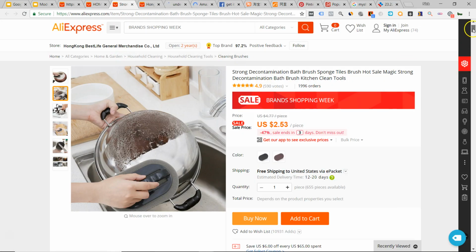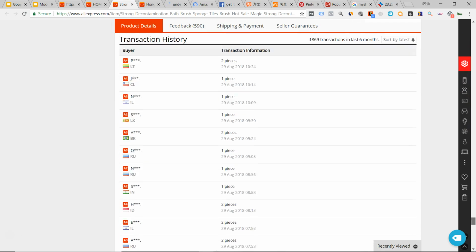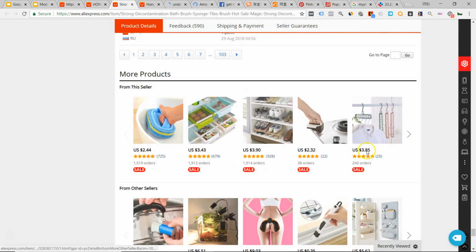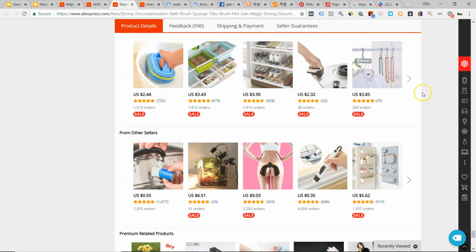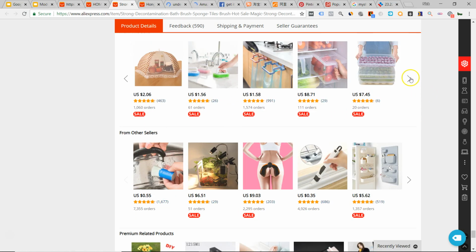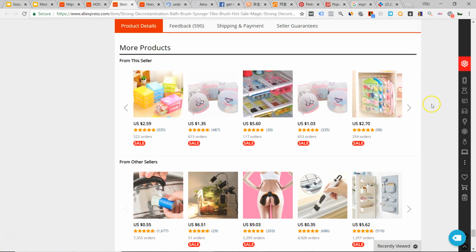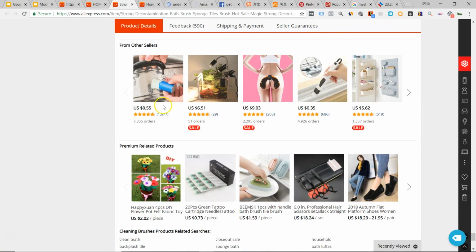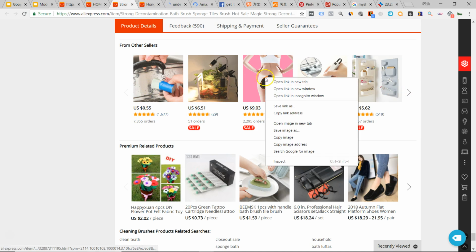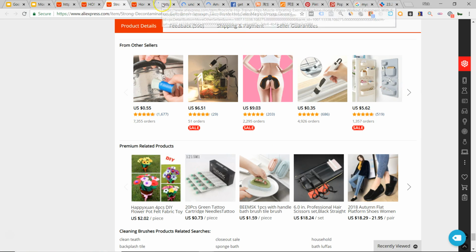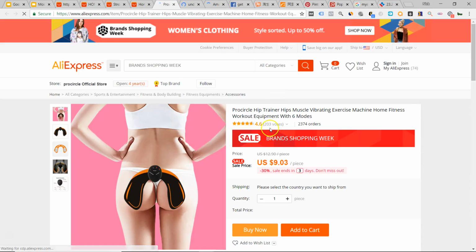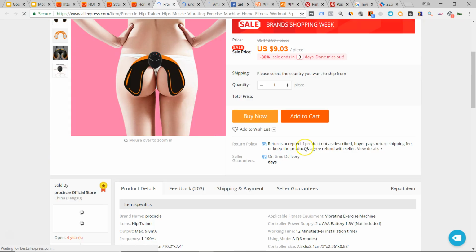Also, when you find an item that's interesting, you can go all the way down to the bottom and you can look in the related items. This is items from the seller, so other things that they sell on their store, and items in a similar category from other sellers. So you can look at different stuff. It'll sometimes be random. Like this isn't even the same category. This looks like a workout thing for a person's butt. Hip trainer muscles. It's kind of funny, but